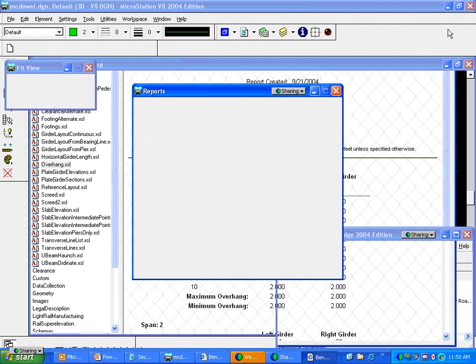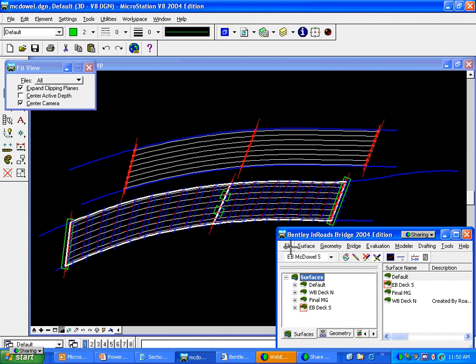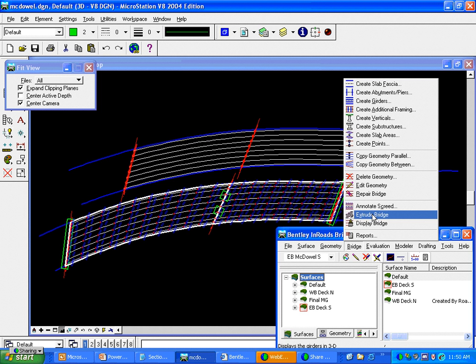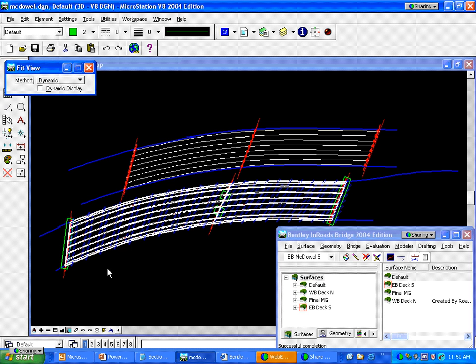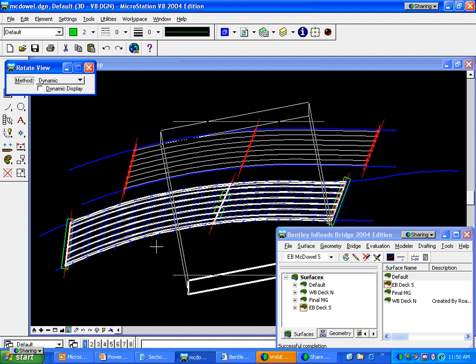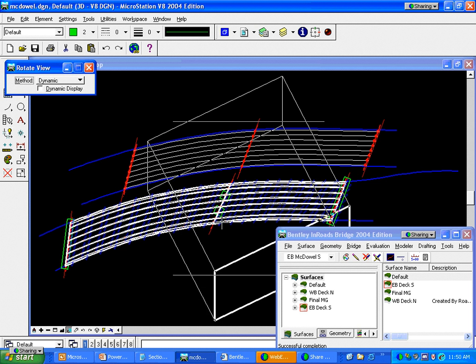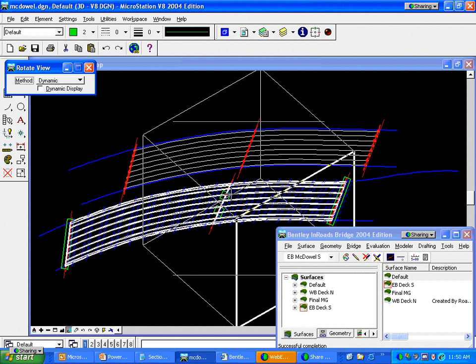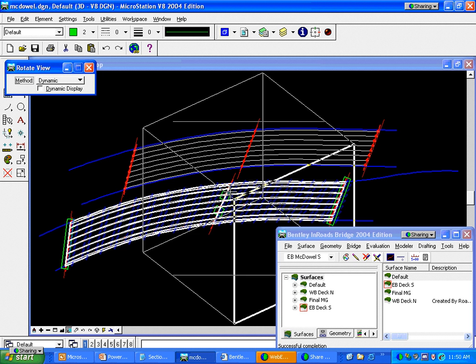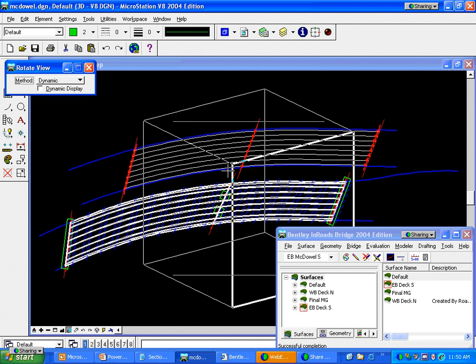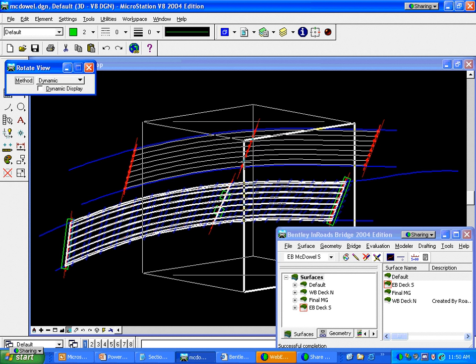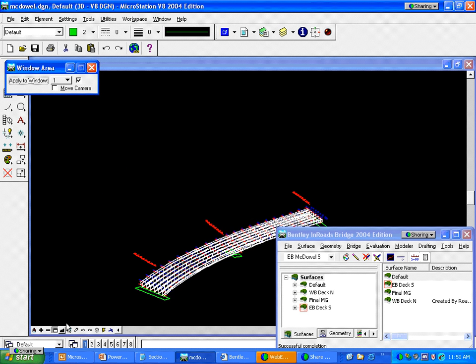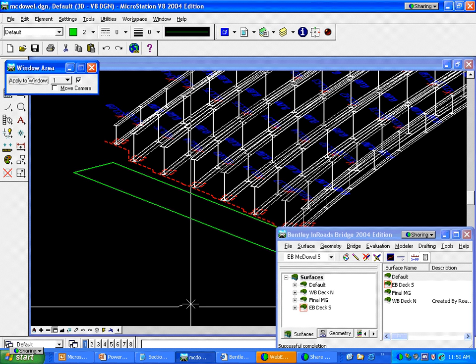Alright, and the last thing I want to do is go ahead and I'm going to extrude that bridge again, and we'll look just real quickly in 3D. I know this takes a little bit for WebEx to catch up with, but we'll give it another try here. So again, this shows the 3D representations of my girders, of the top of my pedestals, which would be below the girder and below the bearing pad that I specified. Remember, I specified a 1-inch bearing pad, so if you measure, there'd be 1 inch between my girder and my pedestal there. It shows my stepped pier cap,